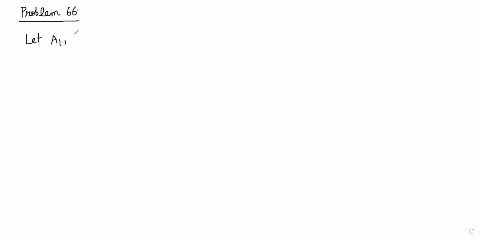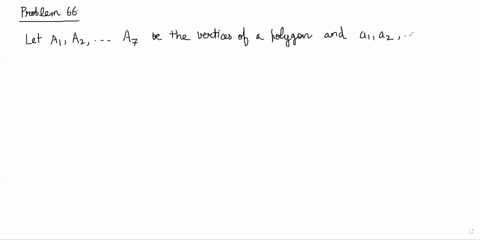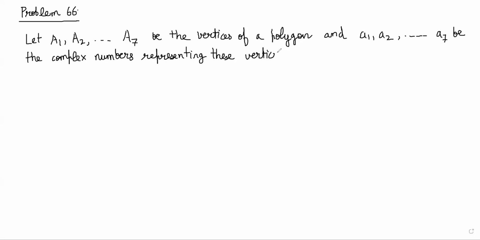It says let A1, A2 till A7 be the vertices of a polygon, and let a1, a2, till a7 be the complex numbers representing these vertices. If it is given that mod of a1 is equal to mod of a2 and all the moduluses of all of these complex numbers are equal, and that is given as capital R, we have to find out the